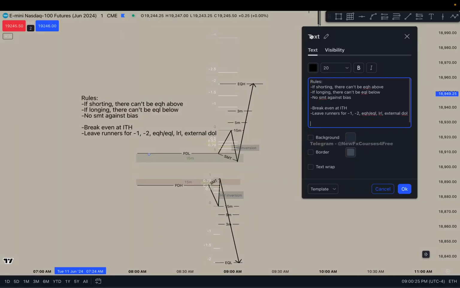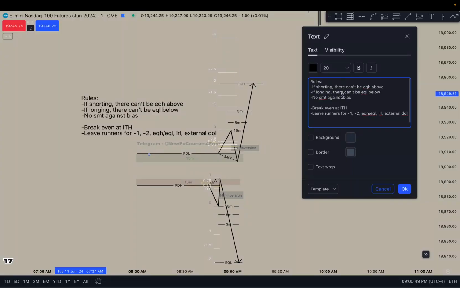Sometimes I'll be getting in at the inversion, but we don't tap the internal high. We have an SMT. Yeah, then just don't take it. If there's an SMT after it forms, then just close it. Again, unless this is an A plus example, unless you have a super clear draw. But most of the time, honestly,